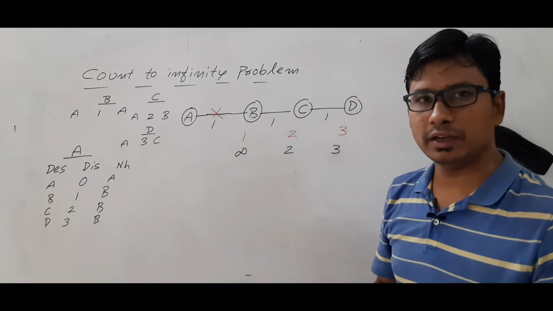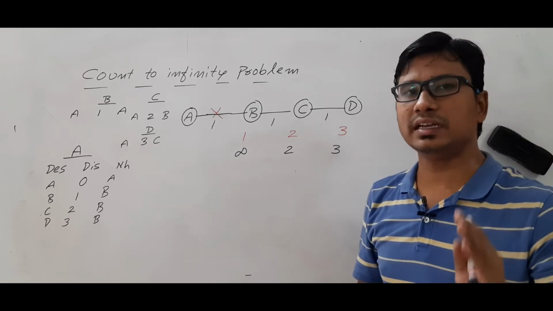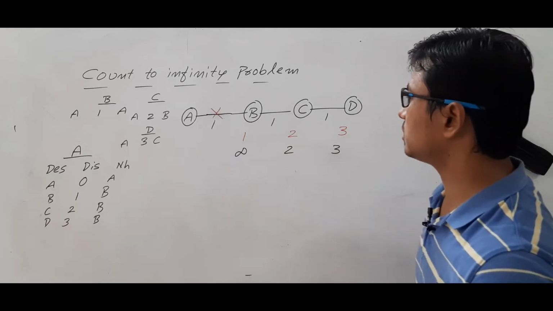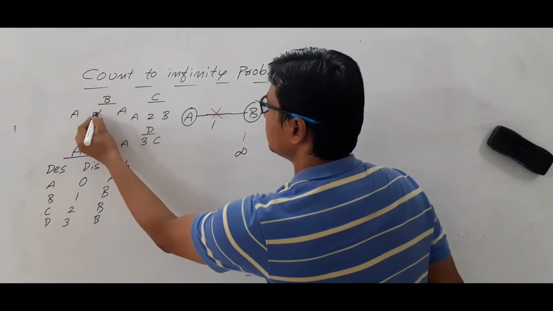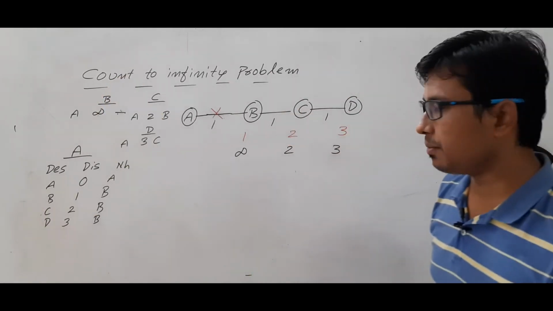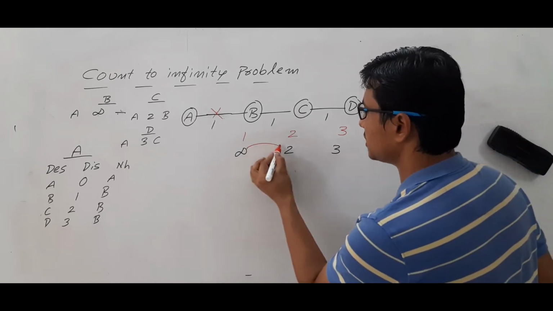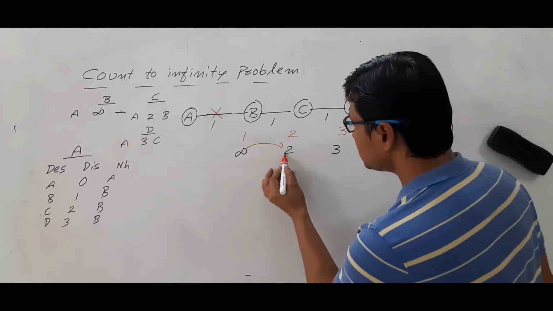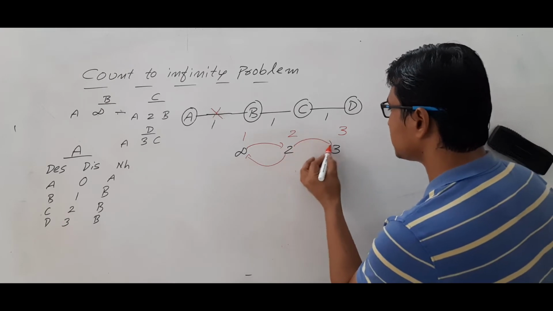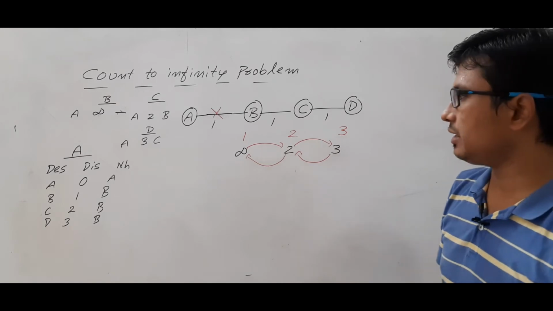After this, what we said in distance vector is that each node periodically sends its distance vector to its neighbors. So in B's distance vector, B to A distance is infinity and it does not know the next hop. Am I right? However, B will send this distance vector to C. Similarly, C will send its distance vector to B. Am I right or wrong? And C will send its distance vector to D. D will send its distance vector to C. Am I right or wrong?